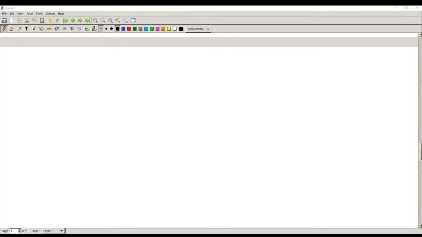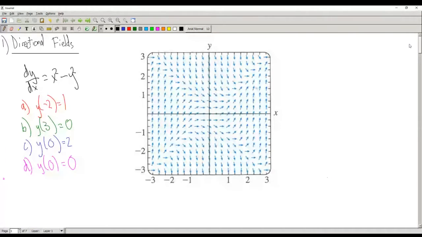I want to go over this stuff. Basically all these questions are going to be pretty similar. Sometimes you may have to use implicit differentiation, sometimes you'll just have to use normal differentiation, but by and large they're all pretty much the same. So I want to go over a little bit of directional fields with you guys, because it looks like a scary topic, but it really isn't. And the sooner you start getting a feel for it, the better. I'm going to look at directional fields question 1, which states,